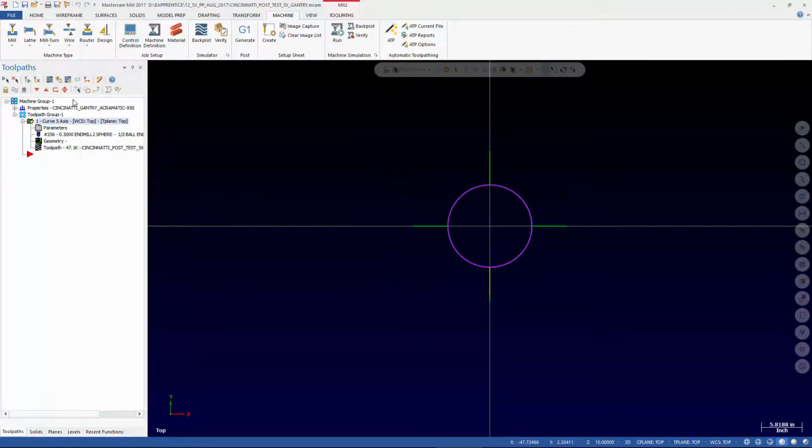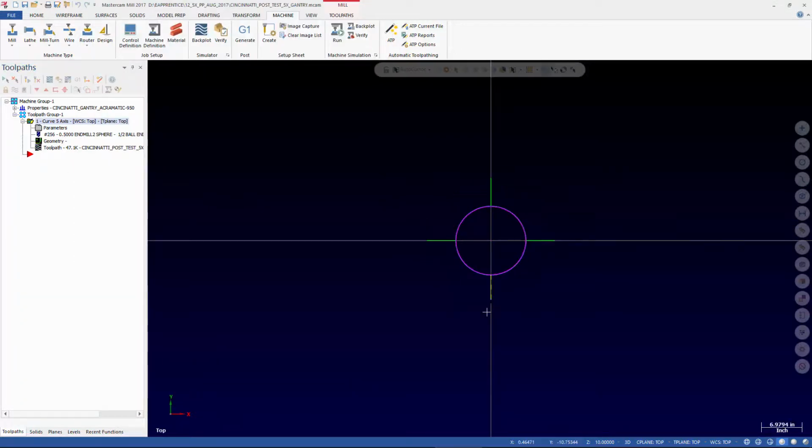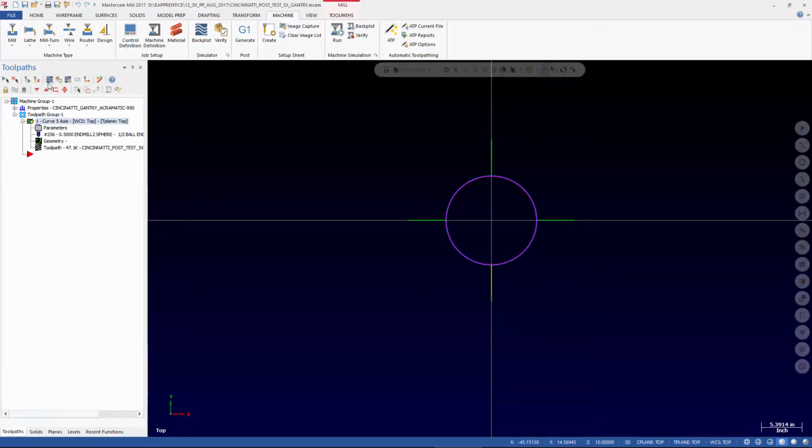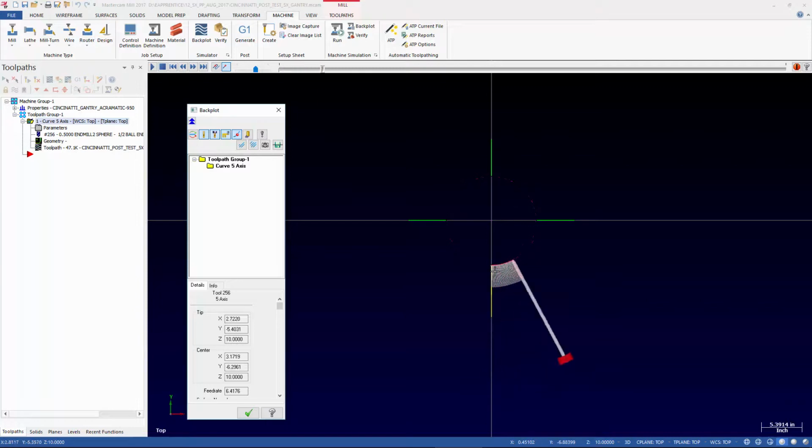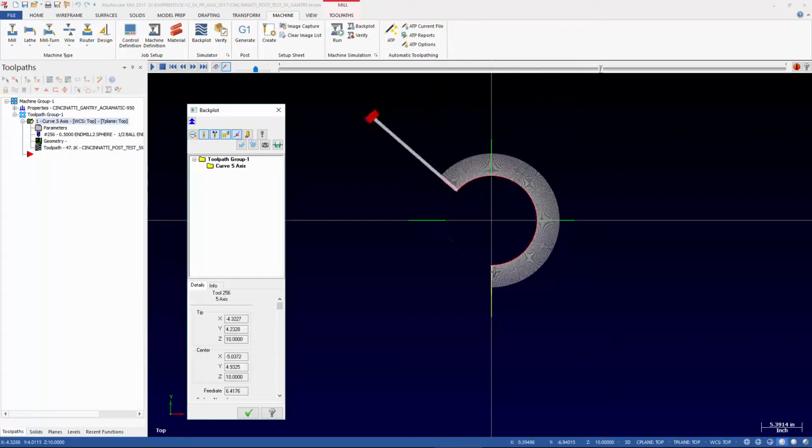Now, remember that this is where we started. Here, the tool's starting at the bottom of the part and cutting around that way. And let's say that we went out to the machine and this cut opposite. We wanted to cut this way, we wanted to cut counterclockwise, but the C-axis motion, even though